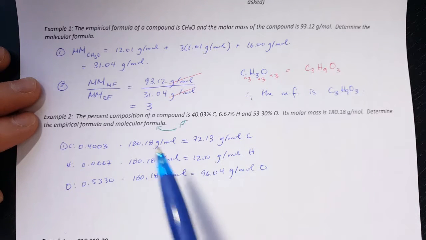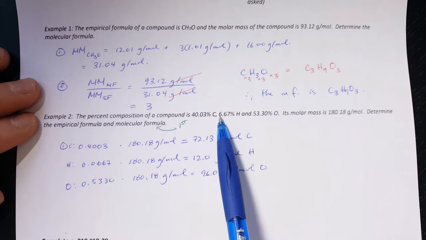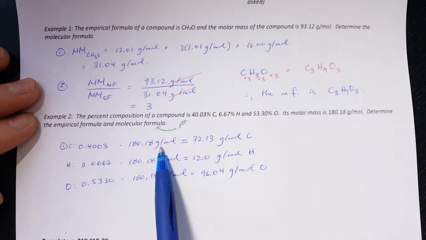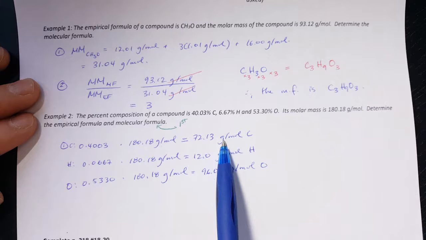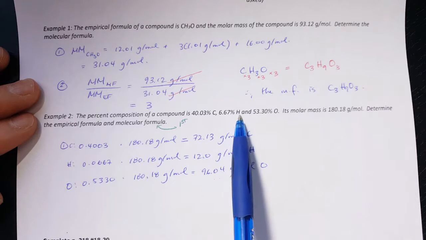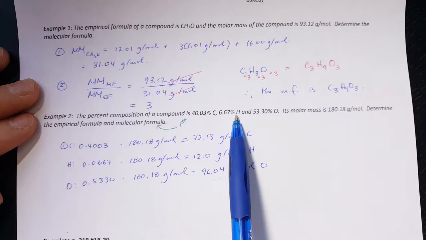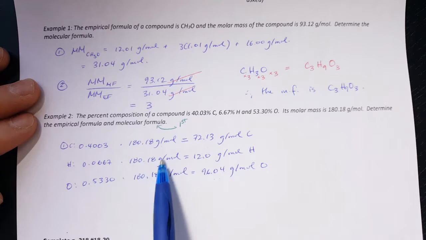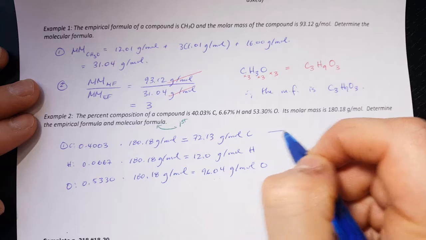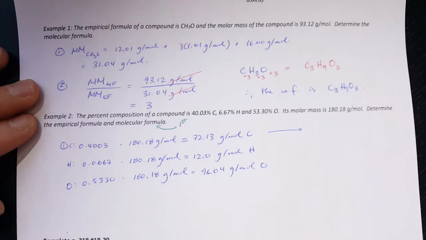So why did I do this? Well, if I know that 40% of my compound is carbon, that means that 40% of this molar mass is coming from carbon. 6.67% of the mass comes from hydrogen, therefore 6.67% of the molar mass has to come from hydrogen. So I can actually determine how many carbons I have, how many hydrogens I have, and how many oxygens I have by doing